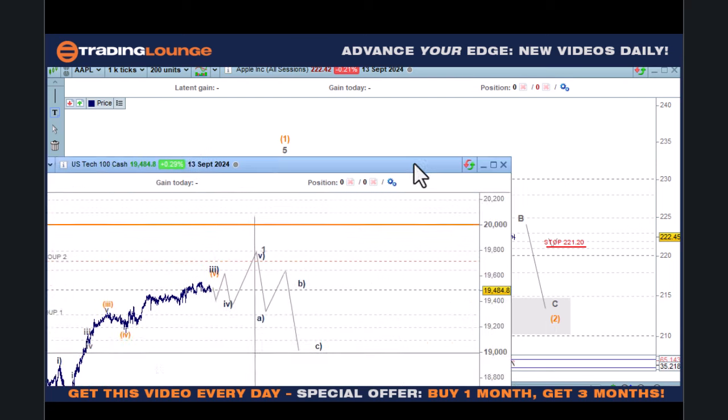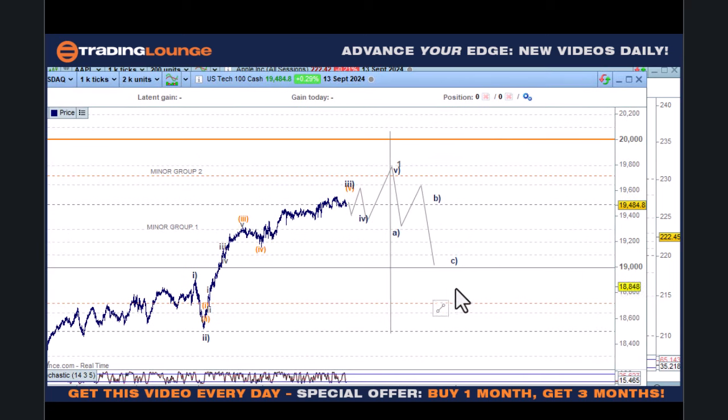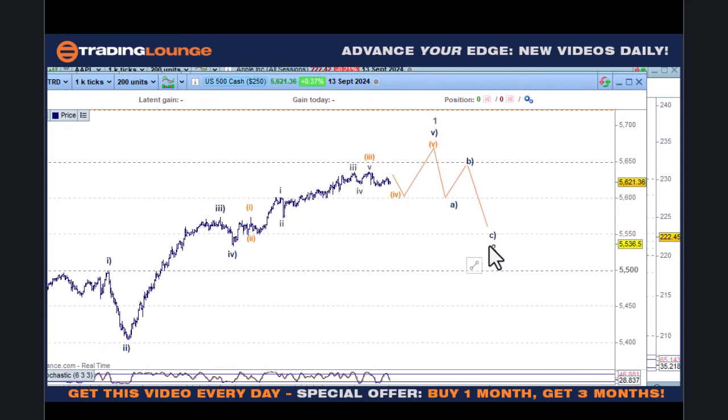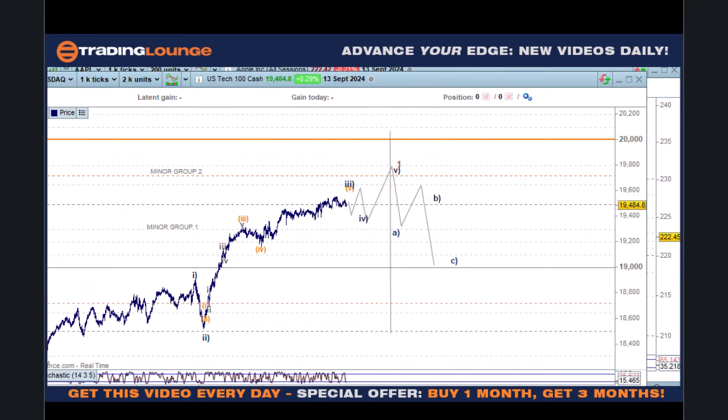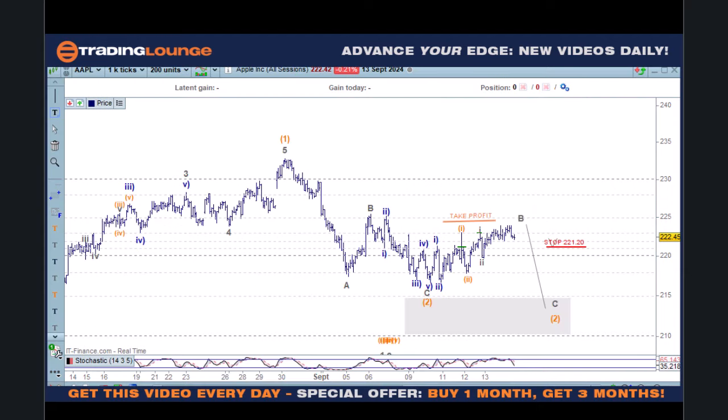So when these markets here have this 1 and 2 to pull back here, they've, you know, been a bit messy there, but this pullback here for the S&P as an example, then it may give Apple a chance, because it's really struggling up here. You know, it's like there's no sellers but there's no buyers either, so it's quite possible for it to drop here. So any sort of move to the upside when the other guys have their final little push to the upside, I really want to get out of this trade,